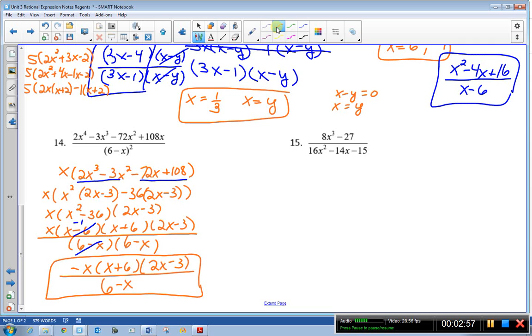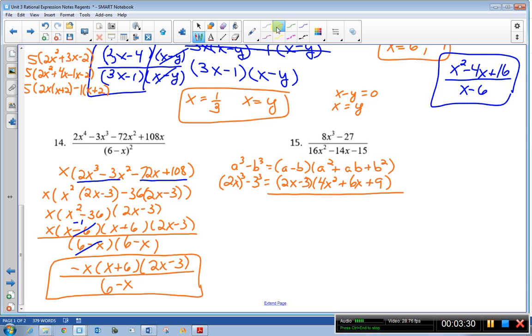For number 15, I need to know the formula. A cubed minus b cubed equals a minus b times a squared plus ab plus b squared. So this is going to be 2x cubed minus 3 cubed. So that numerator is going to be 2x minus 3, 4x squared plus 6x plus 9. So there's my numerator. My denominator is going to be 16 times 15. I put that into my calculator, and I get